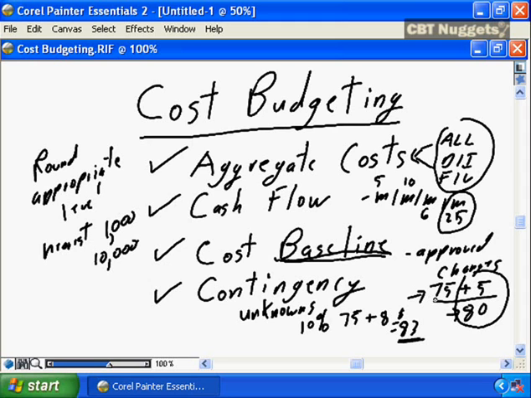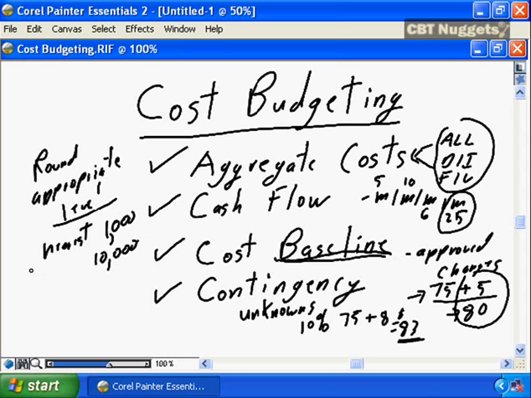impression that instead of being measured, your project delivers in the range of $75,000, or more appropriately in the range of $83,000, they're going to expect your project to deliver down to the dollars and cents. So you need to round your budget appropriately. You need to present the information at a level that management is going to expect to see it, and that's certainly rounded at the thousands, tens of thousands, or maybe even $100,000 level, depending on the size and magnitude of the